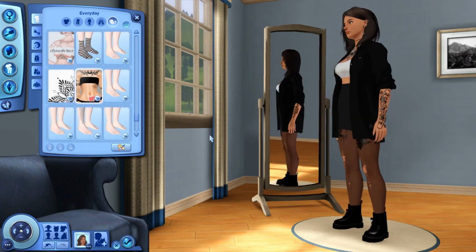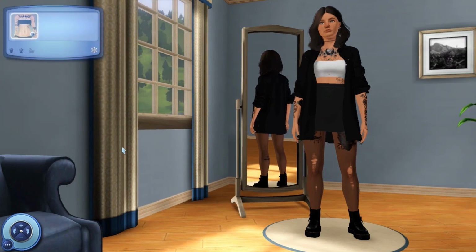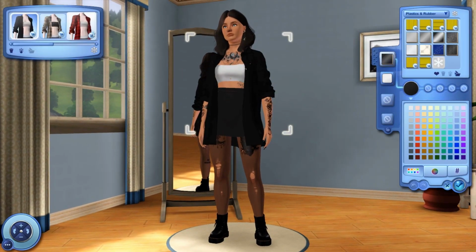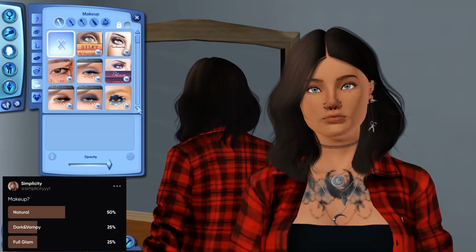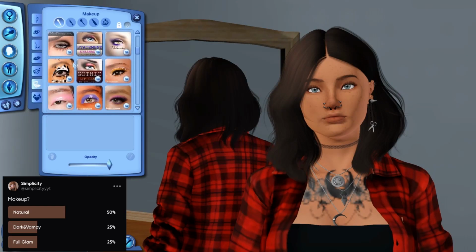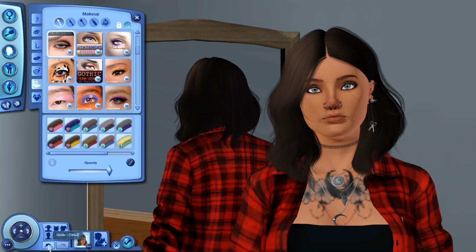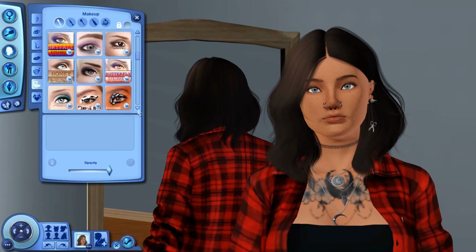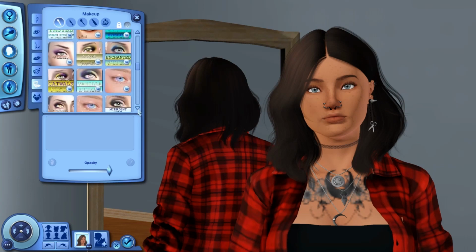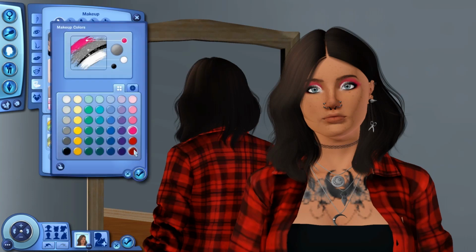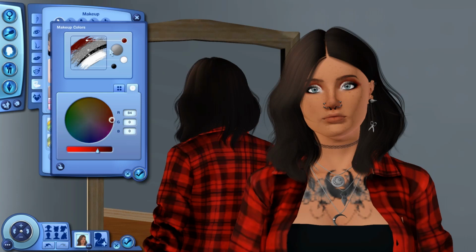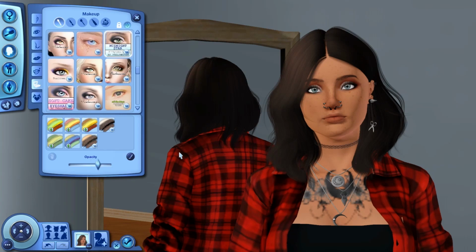So it was these ones, because I felt like it matched and I really liked the vibes of it. So then we hop in here and I change up the outfit. I made the top black, and then for her makeup, this is the one result that I switched. So it wasn't my technical doing. I had a comment that one of the votes was messed up, so I added an extra point to the Dark and Vampy based on them saying that they had clicked on the wrong one. And so Dark and Vampy was how we went with it, which I feel like kind of suits the vibe of the sim.